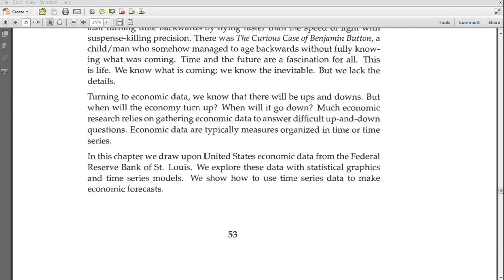He says we're going to use United States economic data from the site of the Federal Reserve Bank of St. Louis, that's that FRED that we saw. We explore these data with statistical graphs and time series models. We will do models as well. We show how to use the time series data to make economic forecasts.